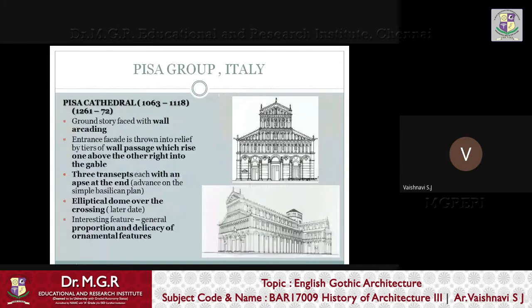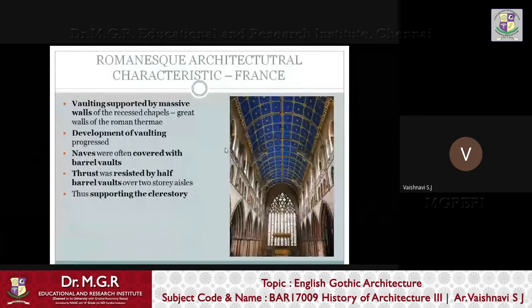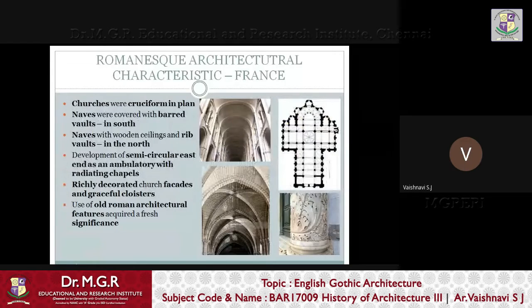Okay, next one we will go for France, Romanesque architecture in France, and it is following the same principle. That is, churches were cruciform in plan, or cross in plan, and it had two types of vaults which were being supported. In the south, the nave had the barrel vault, and in the north, it had the rib vaults. So you can see the difference here. It had the barrel vaults completely on the southern side, and on the northern side it had the rib vaults, and